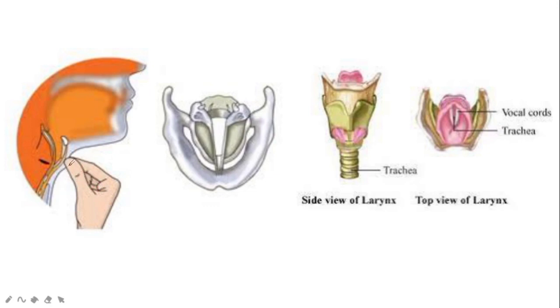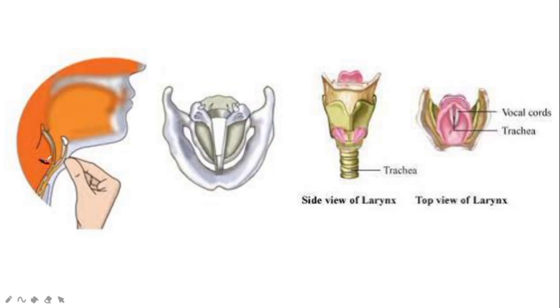In humans, sound is produced by the voice box or the larynx. You can see here how it looks. Put your fingers on the throat and find a hard bump. Can you see here? You can see a hard bump that seems to move when you swallow. Whatever you swallow, it moves up and down, right? So this is the hard bump.